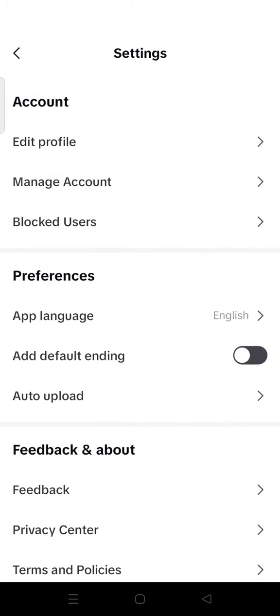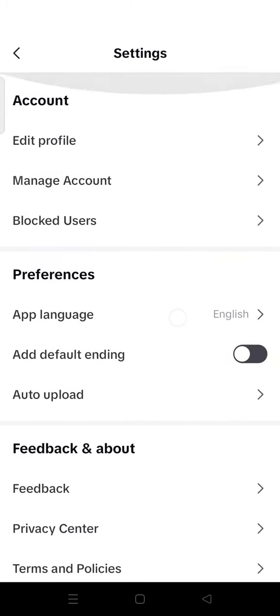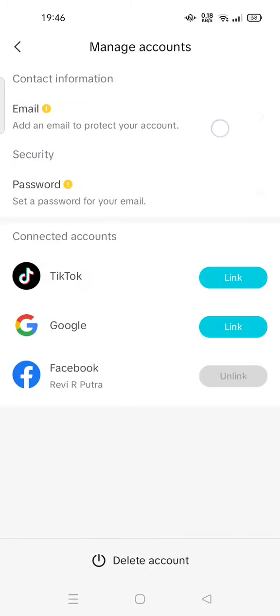Here you can manage your account. You can tap it. In manage accounts option, you can add an email to protect your account. You can set password for your email, and here we go. You can connect your accounts to TikTok, Google, and Facebook. So for example, for TikTok, you can click or you can tap link,